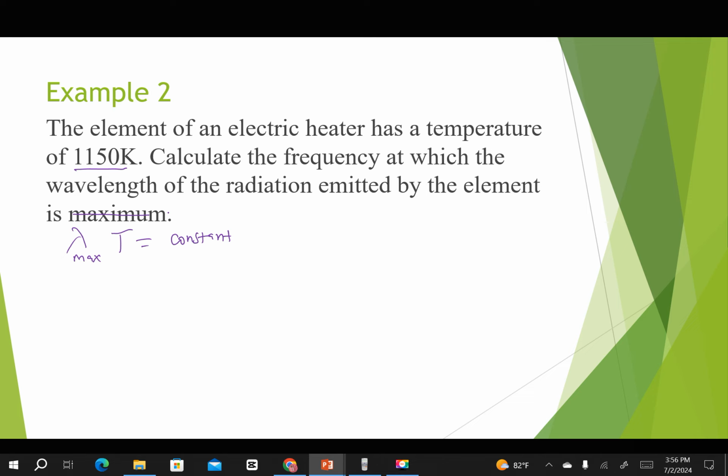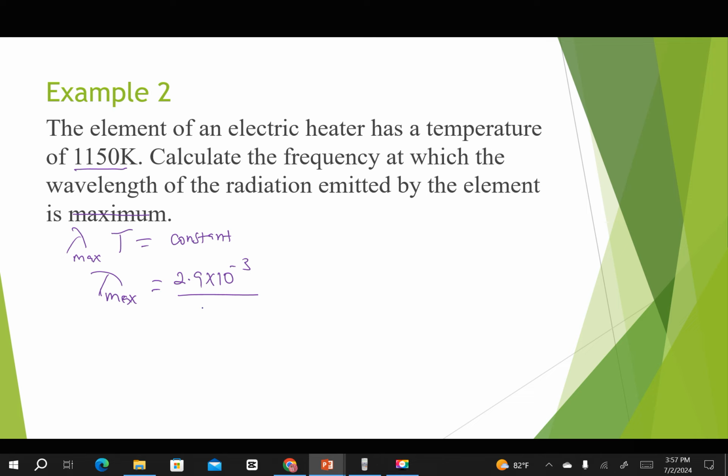It is the wavelength that is maximum, not the frequency. So lambda max is equal to the constant, 2.9 times 10 to the power of minus 3, divided by the temperature,